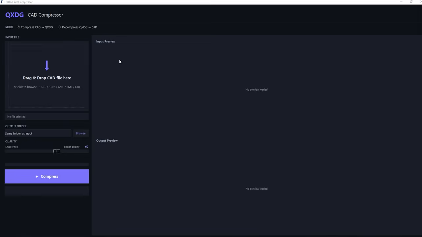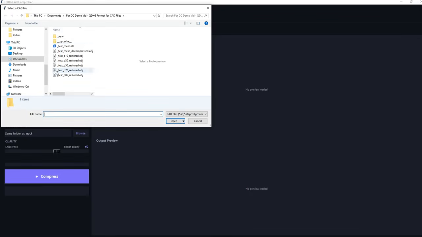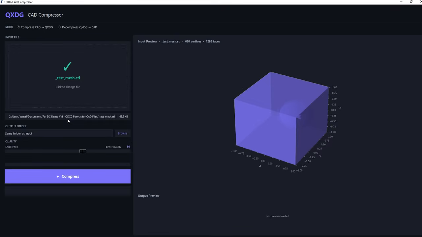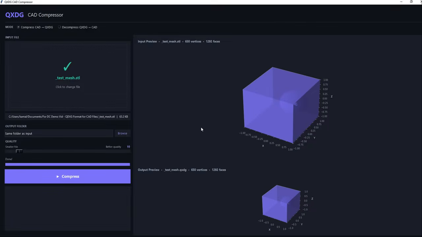Hello, so this is the QXDG format, where G stands for geometry, and this is for CAD compression. As you can see here, we'll do test mesh.stl, which is 63.1 kilobytes, and we'll set the quality low this time because it's CAD. And then you can also see 650 vertices,